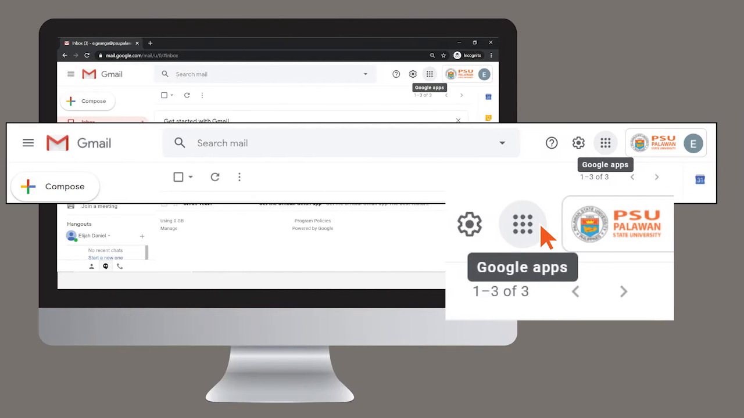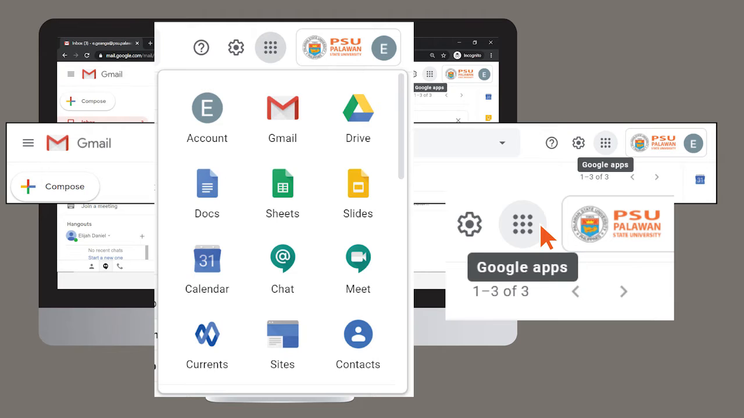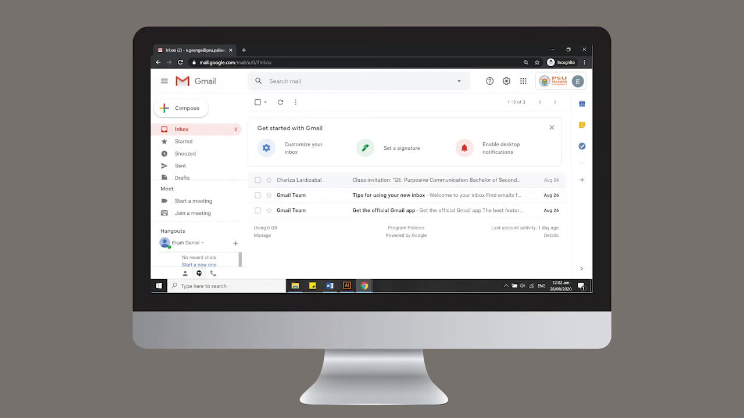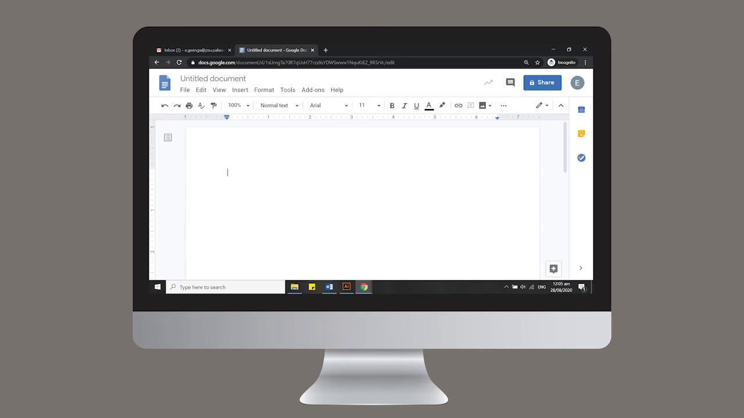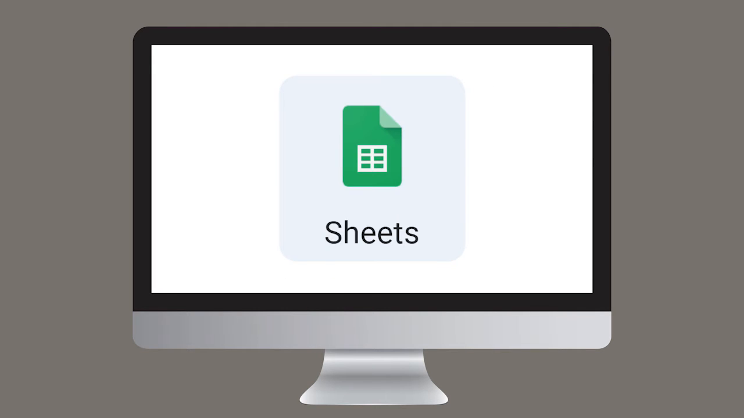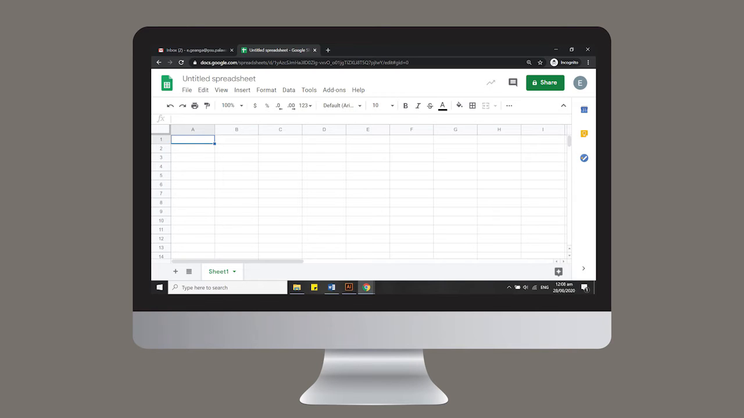On the upper right area of your screen, you will see a nine dots icon that says Google Apps. Here, you will have access to your other G Suite applications. To start with, we have Gmail, a web-based email service, Google Docs, like Microsoft Word, Google Sheets, like Microsoft Excel,